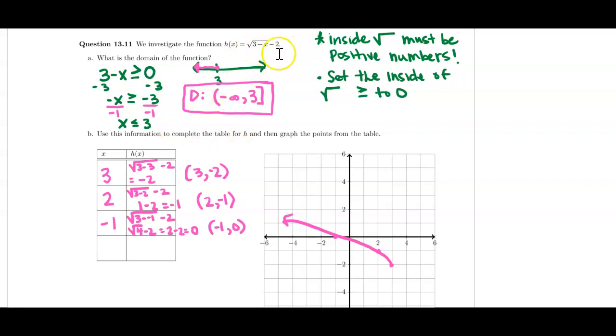Maybe negative 6 would be another good one to pick. Why would I say that? Well, 3 minus a negative 6 is 3 plus 6, which is 9. Square root of 9 is 3. 3 minus 2 is 1. So I'd get over negative 6 and up 1. So you see how my graph is a little bit